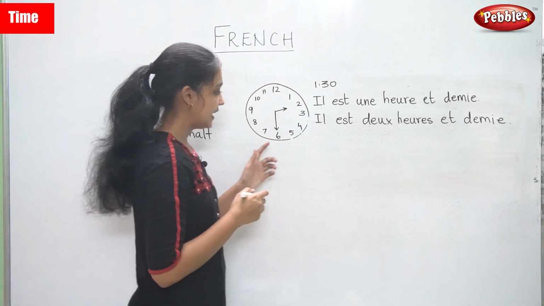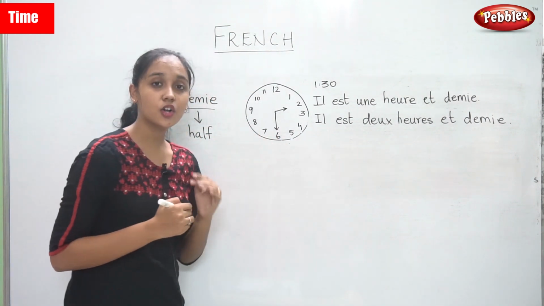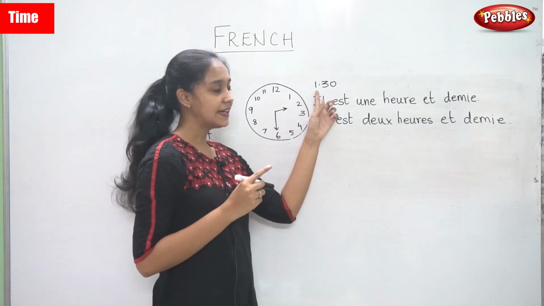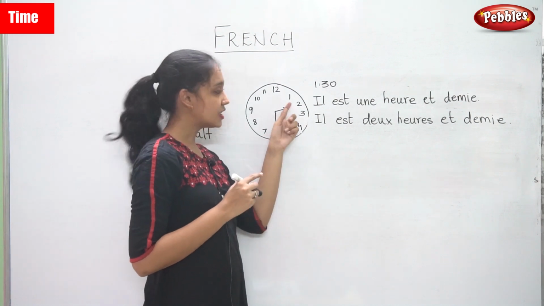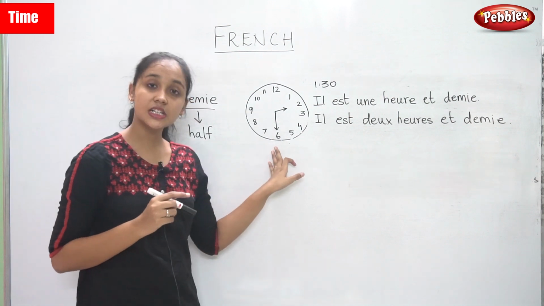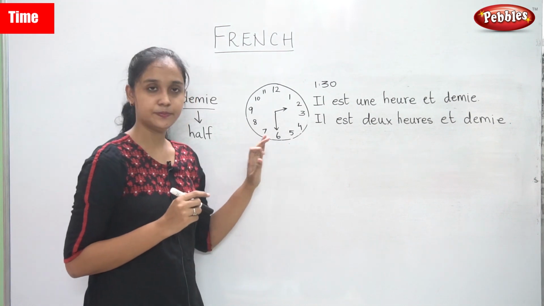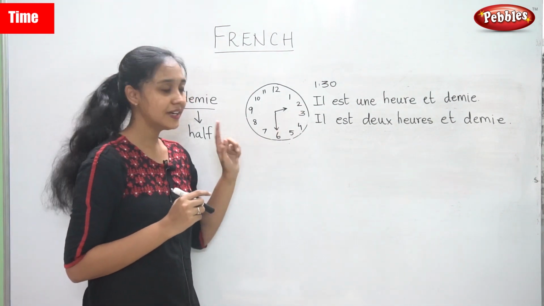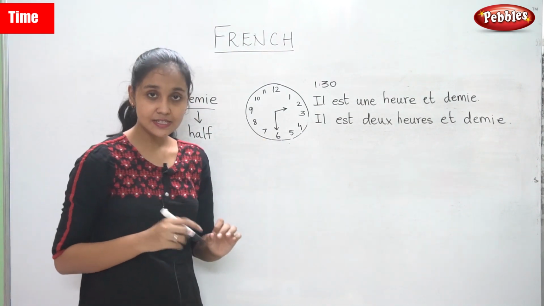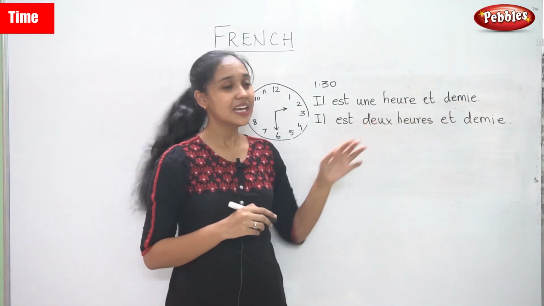6:30 would be il est 6h30. So now, like I already told you, you can write the minutes as it is. 1h et 1:30 would be how many minutes? 30 minutes. What do you say for 30? Do you remember? 30. So, il est 1h et 30 minutes. So, that is also right, but most people use this because it is easier.